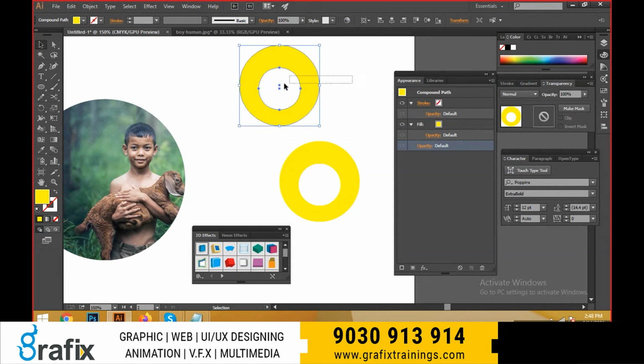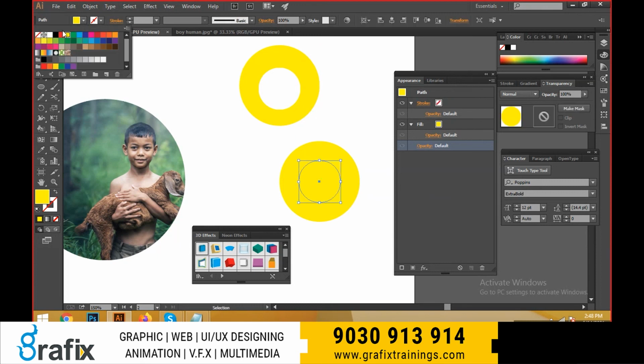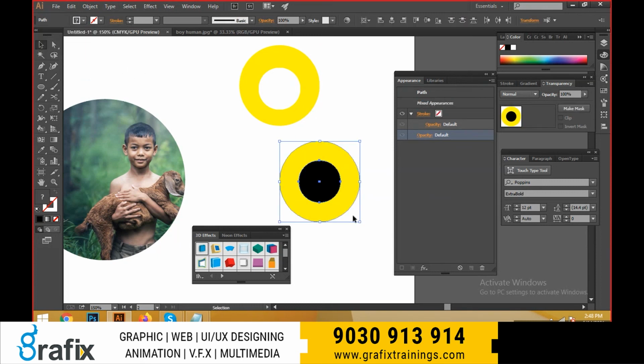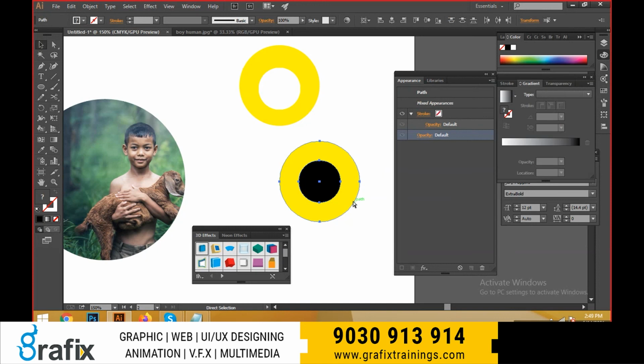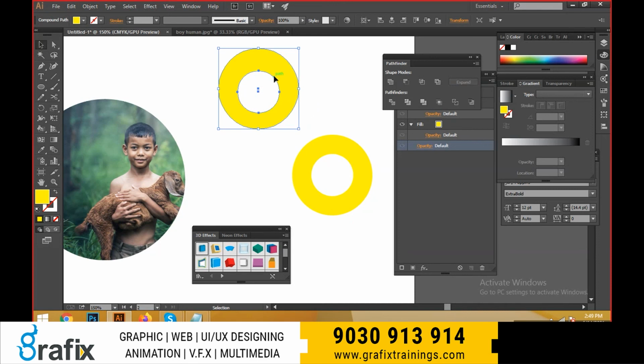Why? Because this is only the compound path. If you take, select this one, and we have here one object. Select this one and select this one and make it with the pathfinder options. Pathfinder. And I can trim the object. I can trim it here, but here I can't release again. This is why, because we break the object here directly. Again, we can't get the shape again, but here we can get the shape. This is a compound path. We can cut the shapes again. We can release the object also.